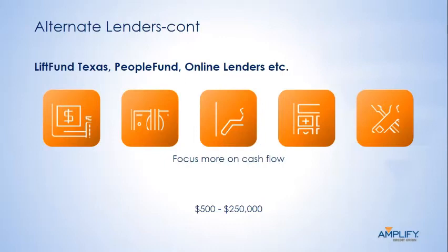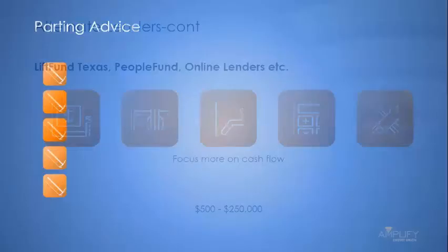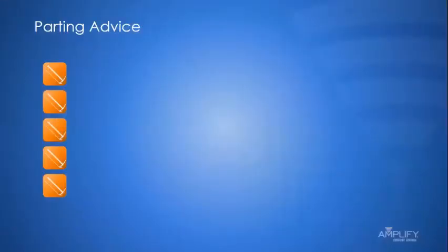Versus the alternate money, I just didn't like it, because people didn't always know what they were getting into. Ooh, I can't remember what my advice was. Oh,